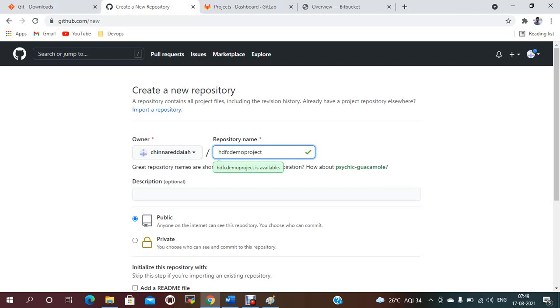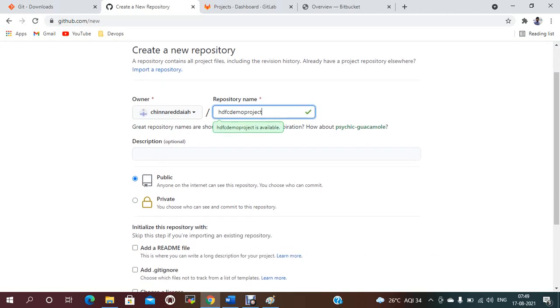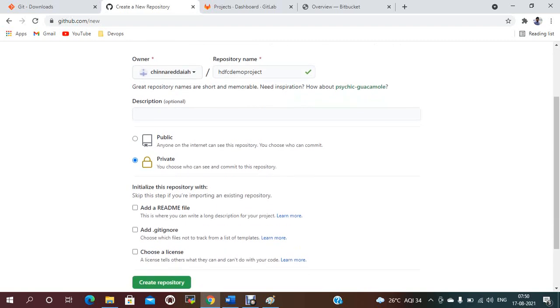For the description, you can give what files you are going to change. Here, public means everyone, even outside people, can see it. If it is private, you choose who can commit to this repository. But in organizations mostly we use private only, not public.